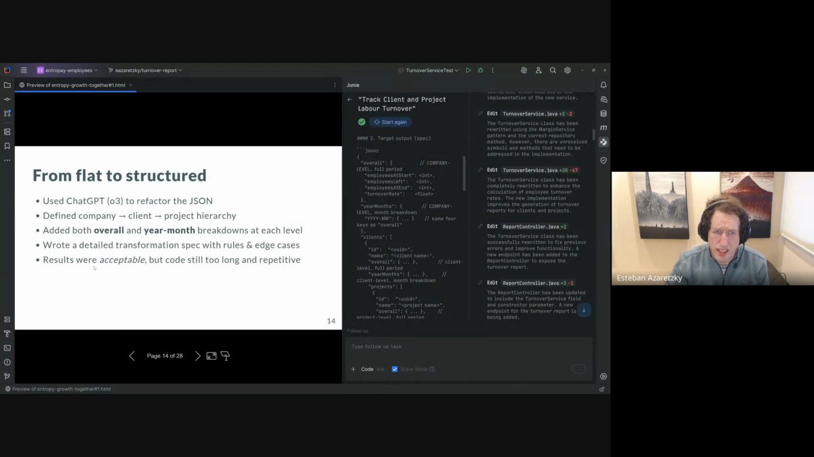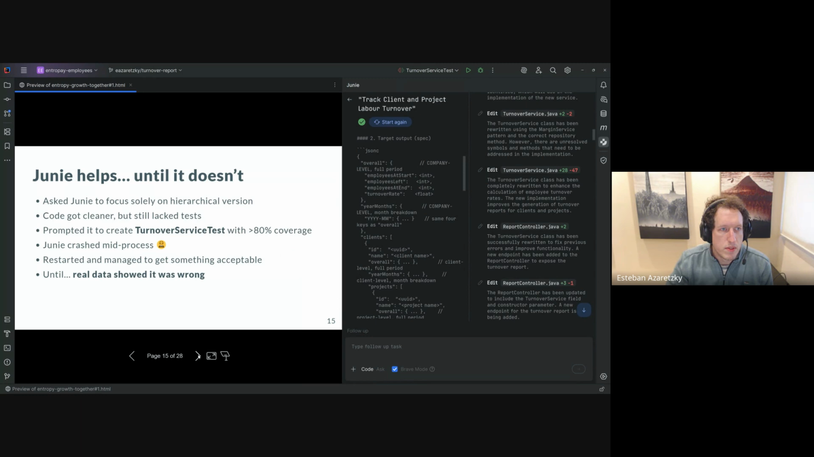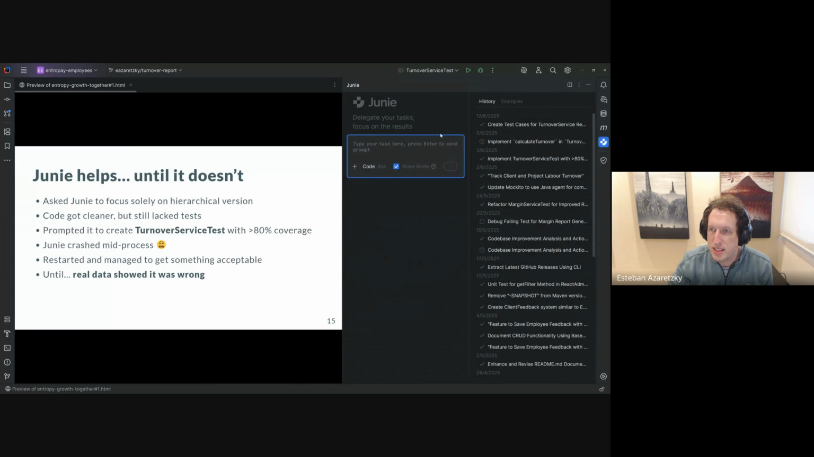The results were acceptable, but the code was starting to get long, and that's something that I didn't like. So then what happened is that Juni crashed in the middle of something I was doing, and I almost lost everything. We hadn't made any commit so far, so that was a rookie mistake. Luckily, I was able to recover from that scenario and continue